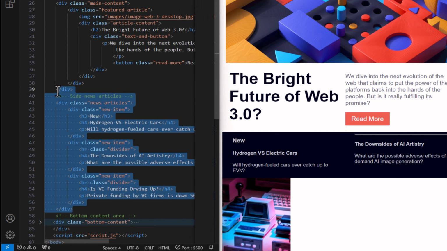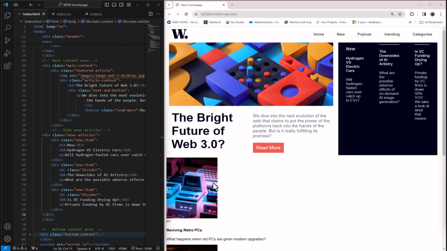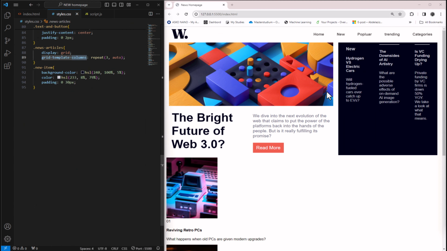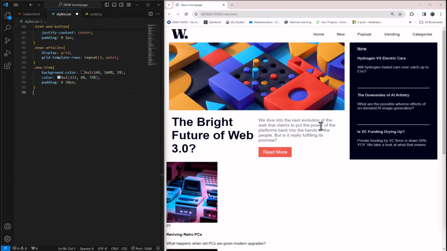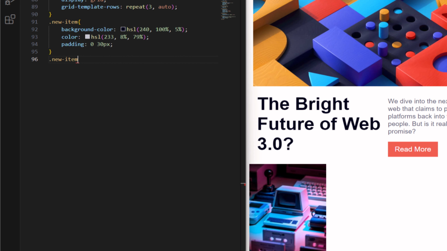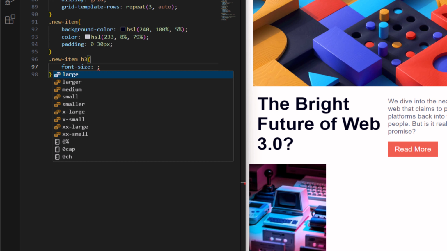Let's set the news article inside the main content and save it. For the grid template columns here, we change it into grid template rows to set the 3 news items into rows. Now for news item, for the heading, let's say H3, and for that we set the font to be a bit larger, font size, to make it 2 rem,